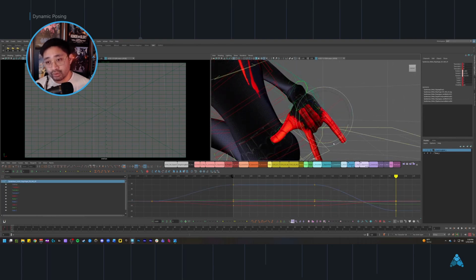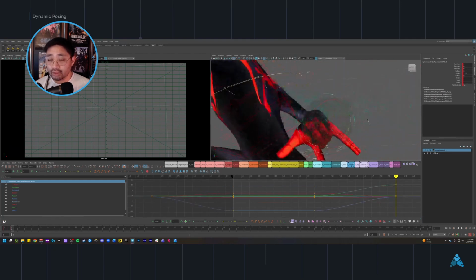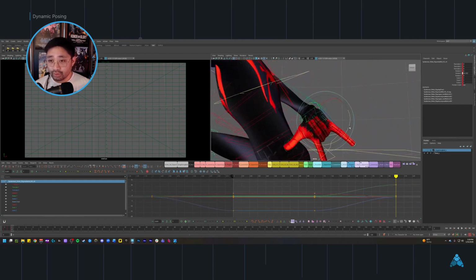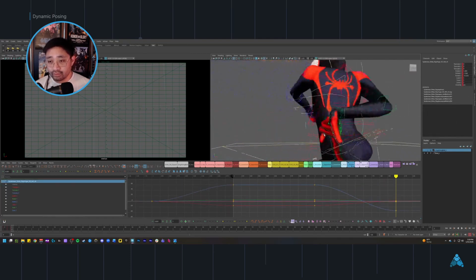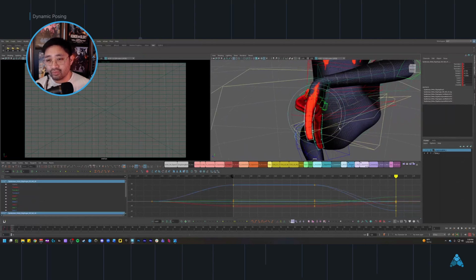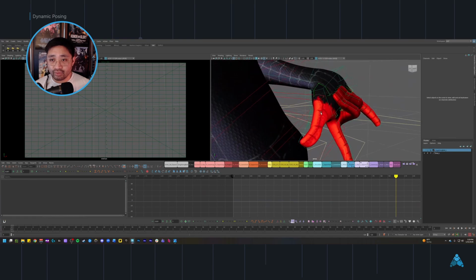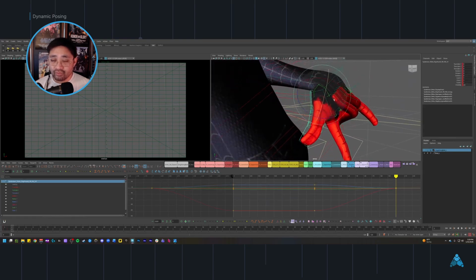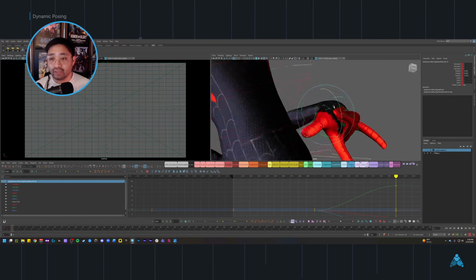It should also be noted though that because we're doing this for a game, we don't necessarily need the same amount of detail that we would in any kind of linear media. The fact that it's going into a game engine alone means that the anim is going to be a little bit variable every single time it plays. It's going to feel just a little bit different every time it plays,